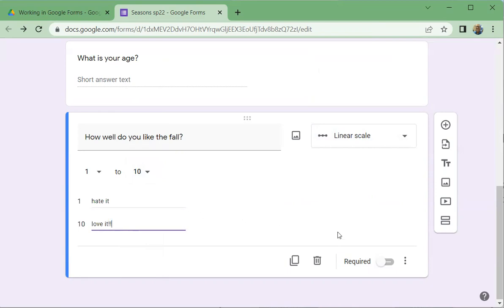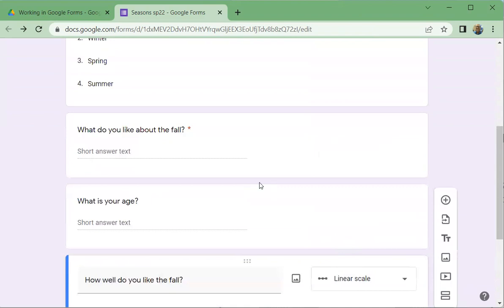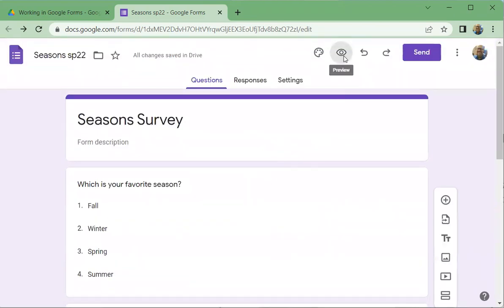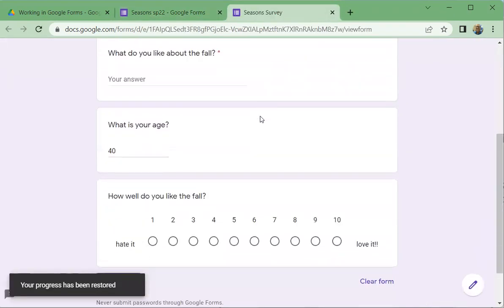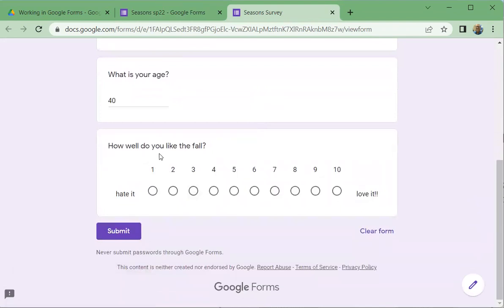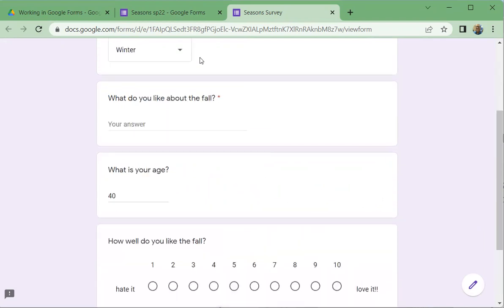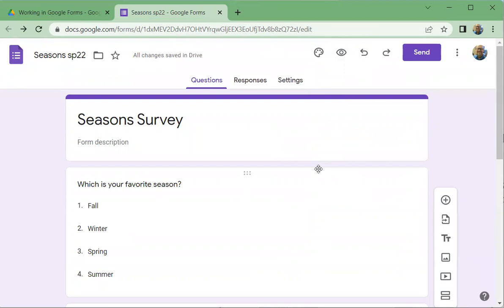Okay, so let's see how this looks when I fill this out. I'm going to go back to preview again. So I'm going to come down here. How well do you like the fall? And I can say hate it on this end, or I can say love it on that end. Okay, so that's linear scale. Let me show you another type of